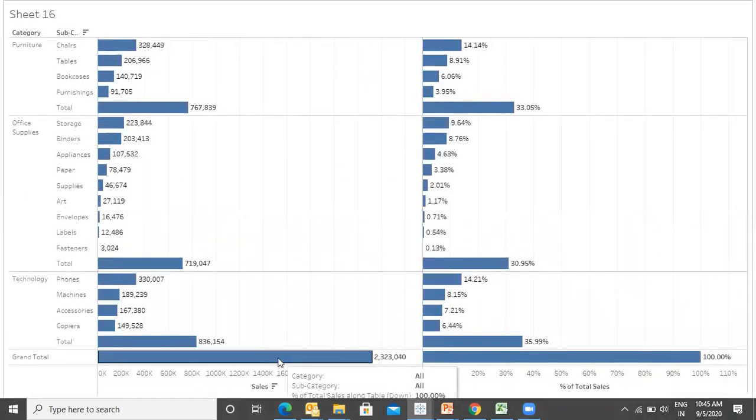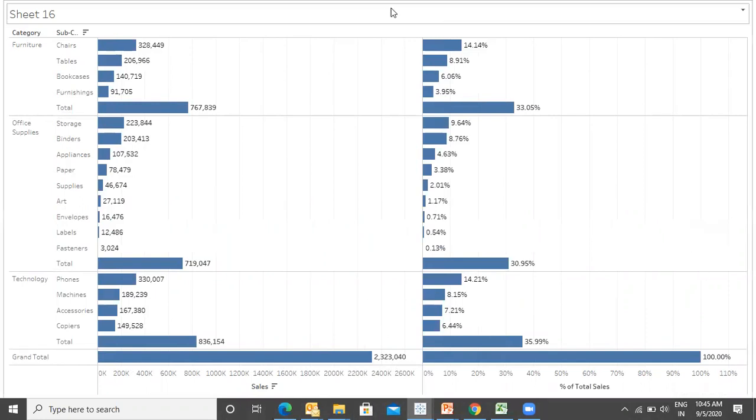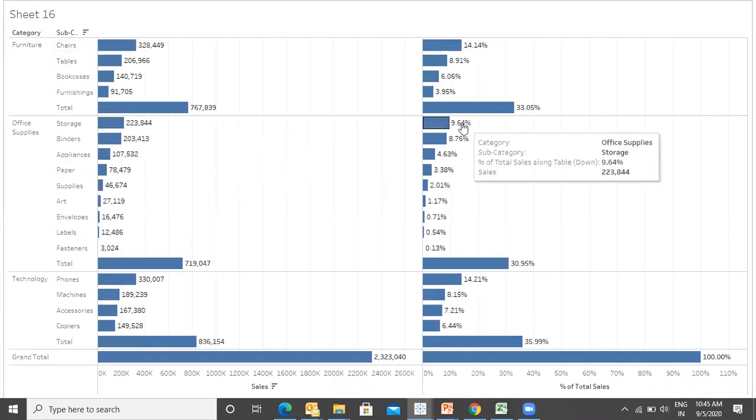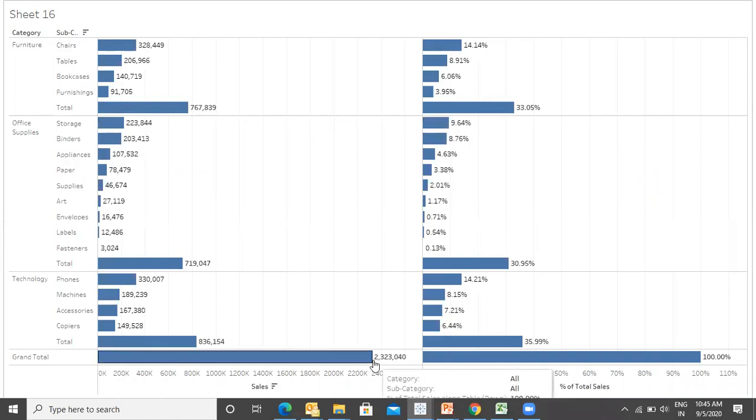Can you see the grand total? This is the overall revenue generated, 100%. So when we are taking 14%, the chair contribution to this sales is this much. Similarly, the storage contribution is 9.64 of this. So we are comparing, and whenever we are taking a percentage, we are comparing it to something. So we are comparing it to the grand total.